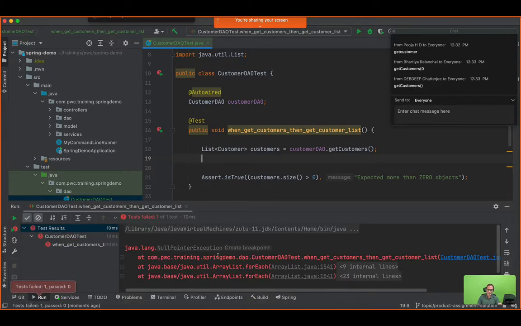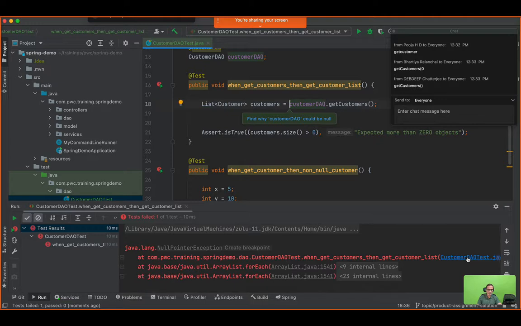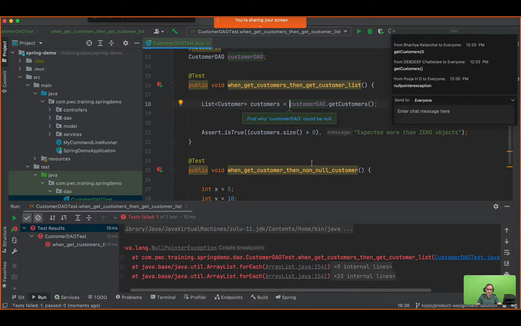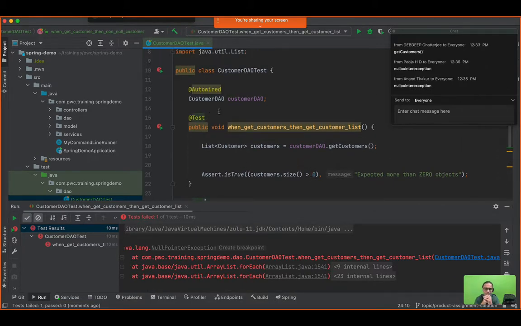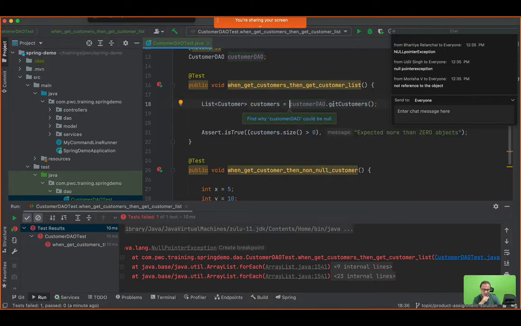You see this? What is the error? On which line number? What is the error? You can see this, right? Null pointer. It's a null pointer exception. Why? Because this is null. Customer DAO is null. When you invoke customerDAO.getCustomer, exactly on this line, it says